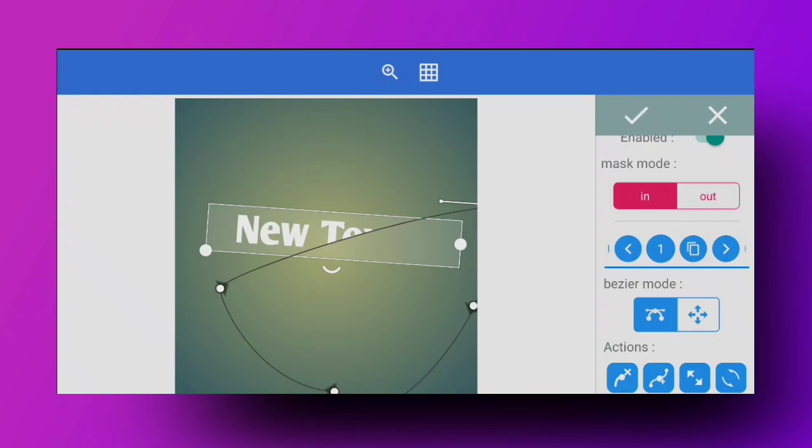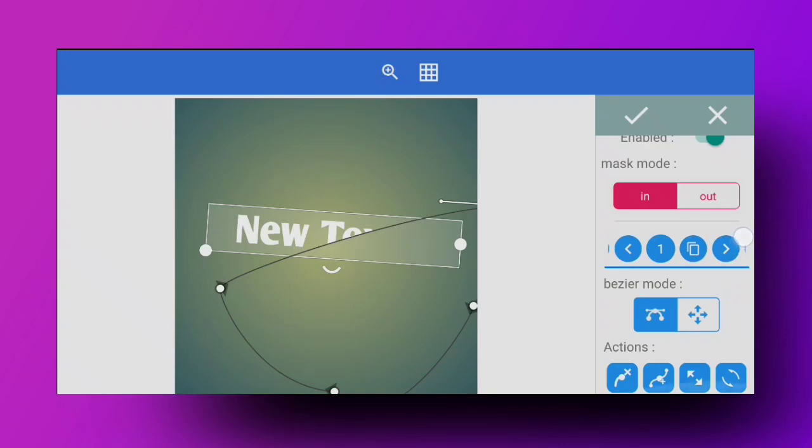But yes, there are alternative ways. There are so many ways that you can use this mask effect on the text layer, and it depends on your creativity. If you want to know more about the bezier tool, then definitely comment below. I will make a separate video in this series for the bezier tool itself, so you will know more about its basic use, because this is common with every layer. It is also common with images. It is common with solid layers like rectangular layers or any shape layer, and that does really come in handy.